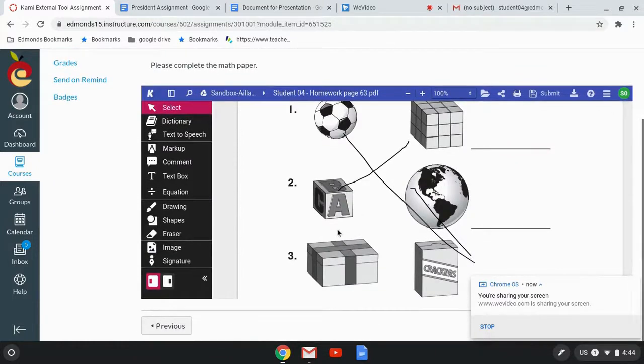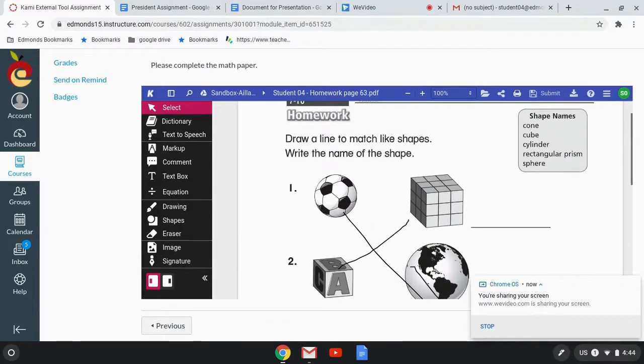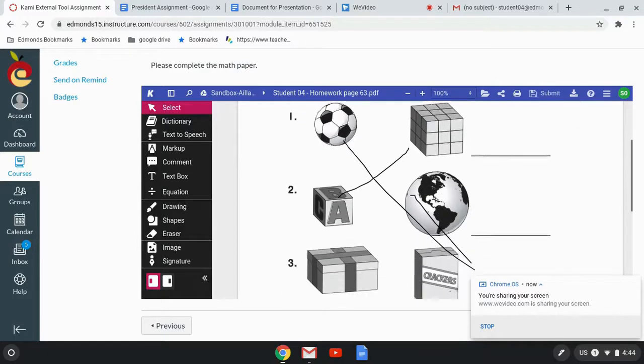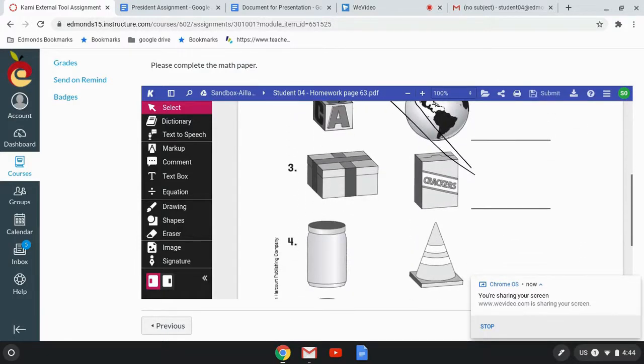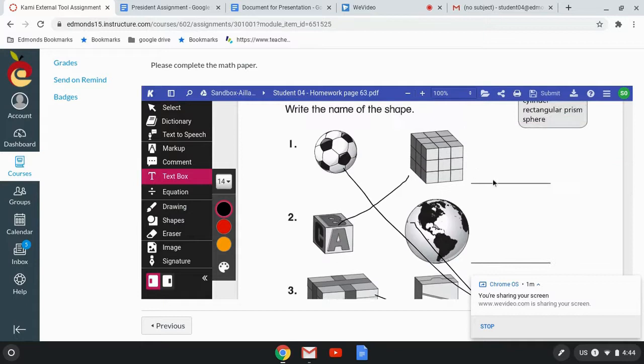And so, if I take a look at this math paper, you can see my lines. I've kind of played around with this here a little bit already, but it says draw a line to match the like shapes, write the name of the shape, and you can see that lines have been drawn to connect these, and we can do drawing, and we can connect like shapes or whatever, and then if we want to type in what these things are,